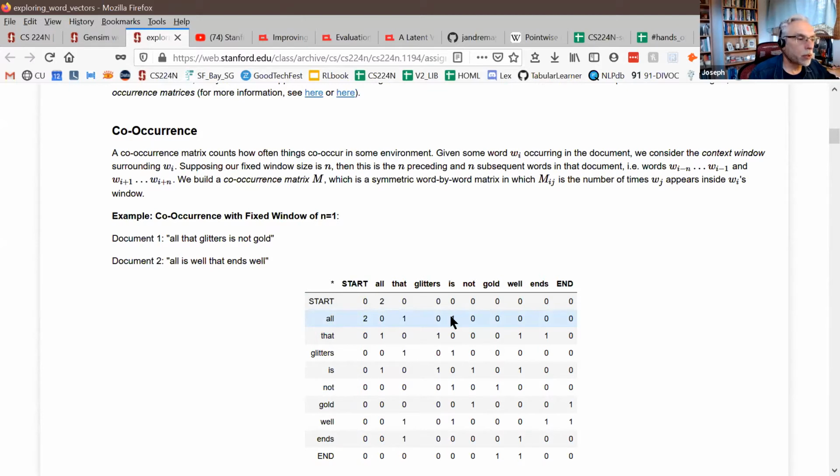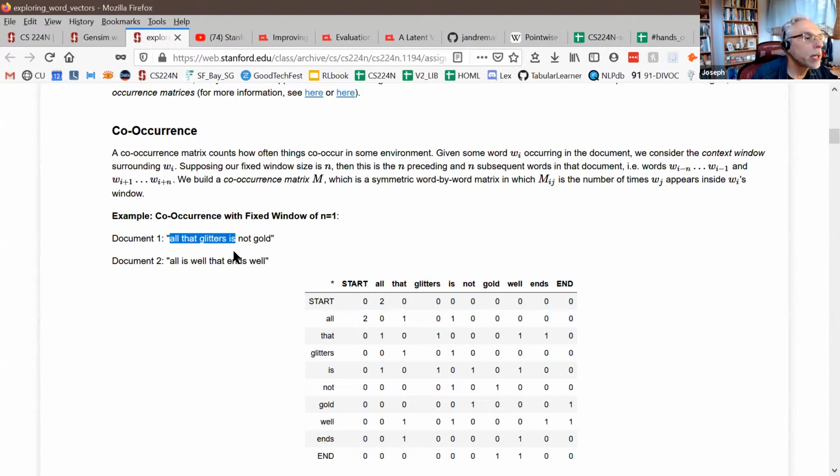"All" is the center word, and "is" is a context word that occurs within ±5, a window of plus or minus whatever it is, of "all". So if you look at "is" in our documents, "all that glitters is not gold", "is" does occur within, let's see,